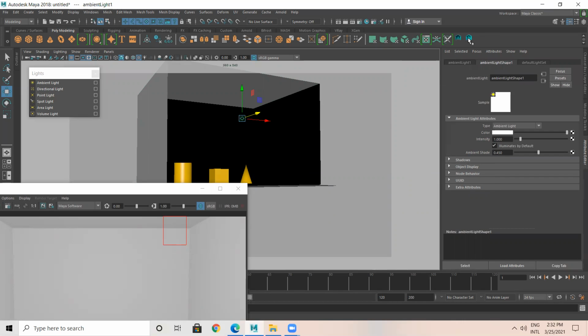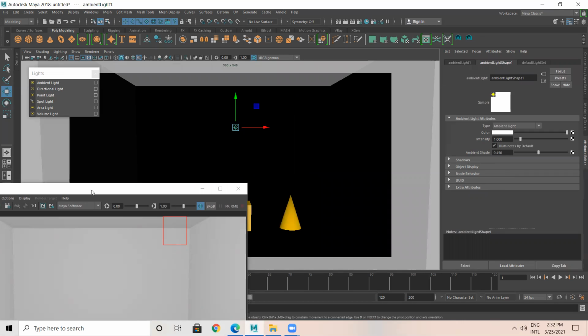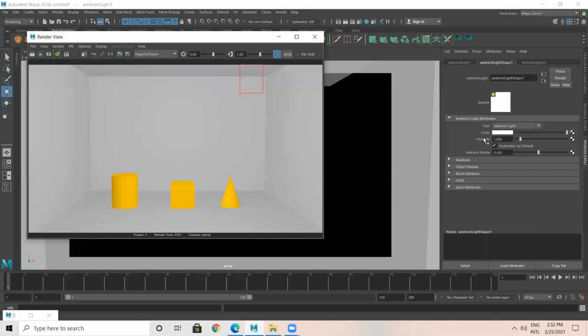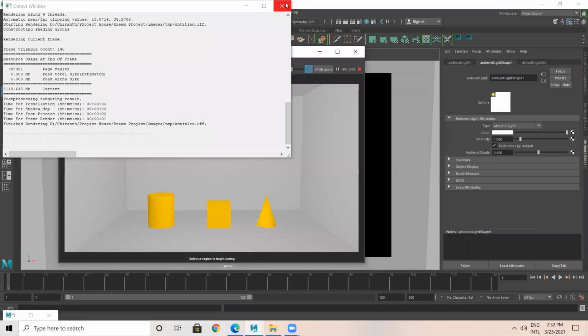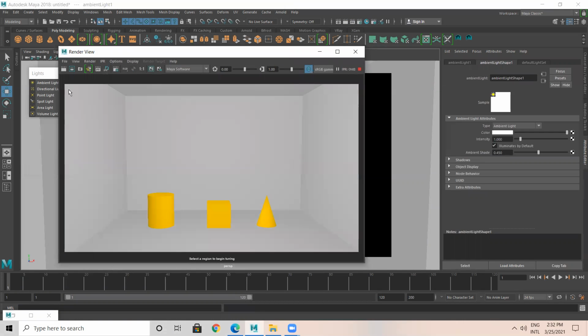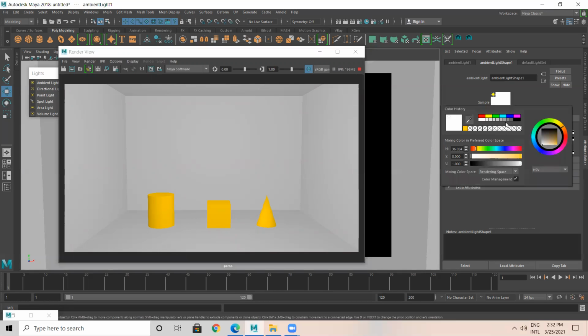So now what I'll do, I can reduce the light. You have color. Just go for an IPR. IPR stands for interactive photorealistic rendering. After selecting IPR, you have to drag and select the region where the light effects should be there. So now let's say, for example, instead of this, I select blue color.